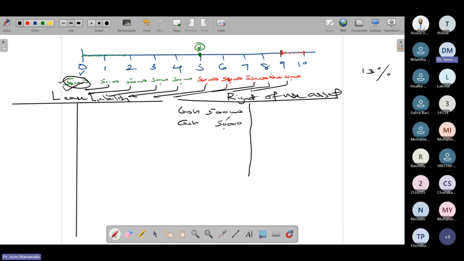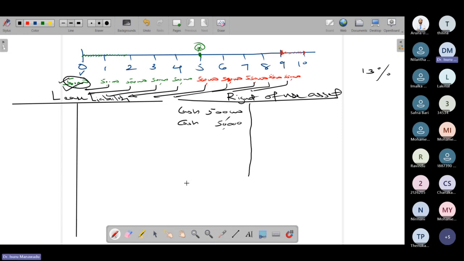Incremental borrowing rate is 13%. Right? Now you need to calculate the liability. How are we going to calculate? Now, year zero cash flow we have already recorded in the right of use asset by using double entry. I told you the double entry: cash credit, right of use asset debit. Very simple.